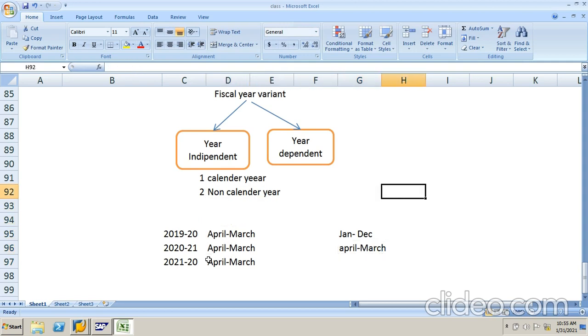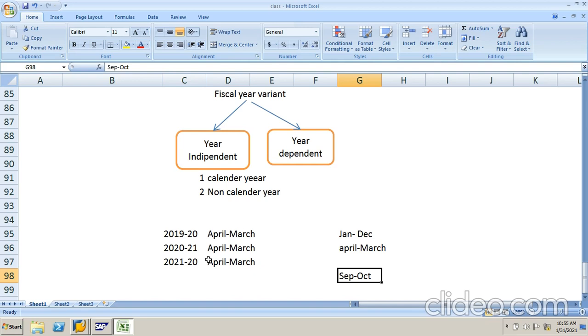So the companies which follow posting periods from January to December come under calendar year. Companies apart from January to December can use any other period, not only April to March. Some companies will follow September to October based on their country requirement. This is also one of the accounting years.